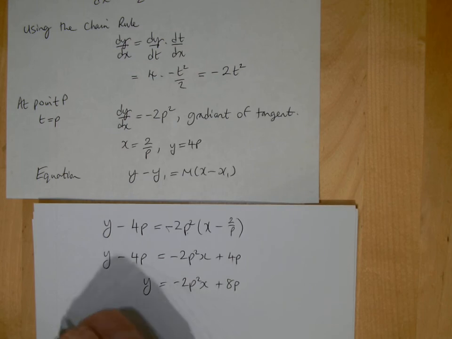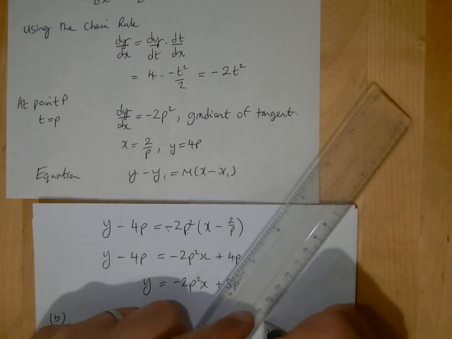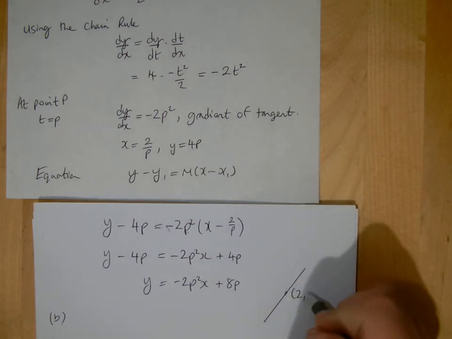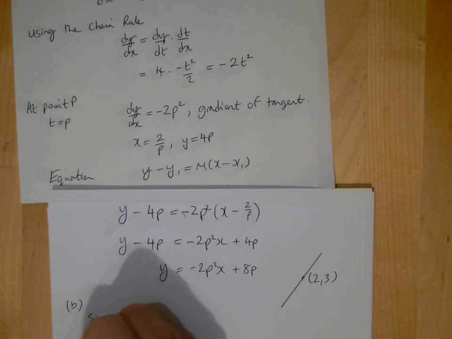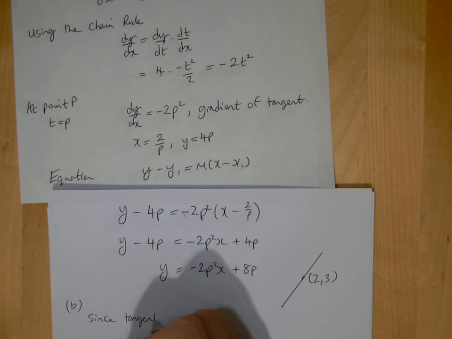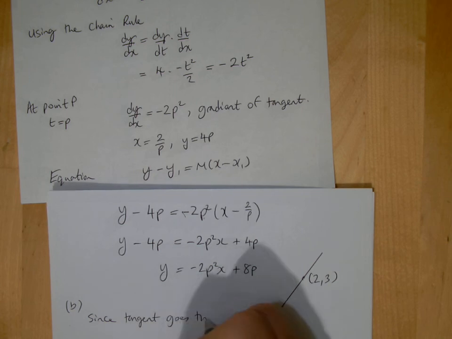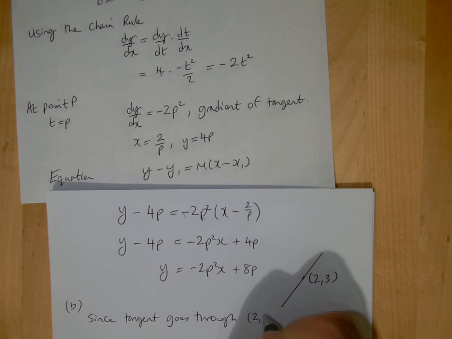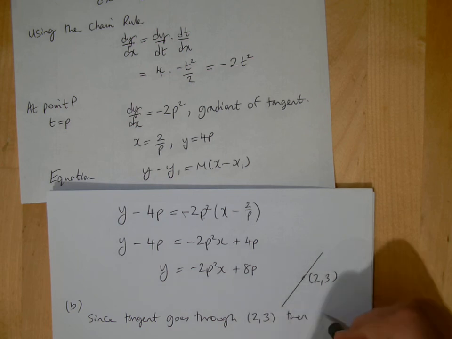Okay? Right, in B it says the tangent to C at the point P passes through the point 2, 3. So this tangent passes through a particular point. Show that P can be one of 2 points and find the coordinates of each of these 2 points. So what's important here about this tangent is appreciating that it actually goes through a particular point. It goes through this point 2, 3. So what you could say is, since the tangent goes through 2, 3, then the point 2, 3